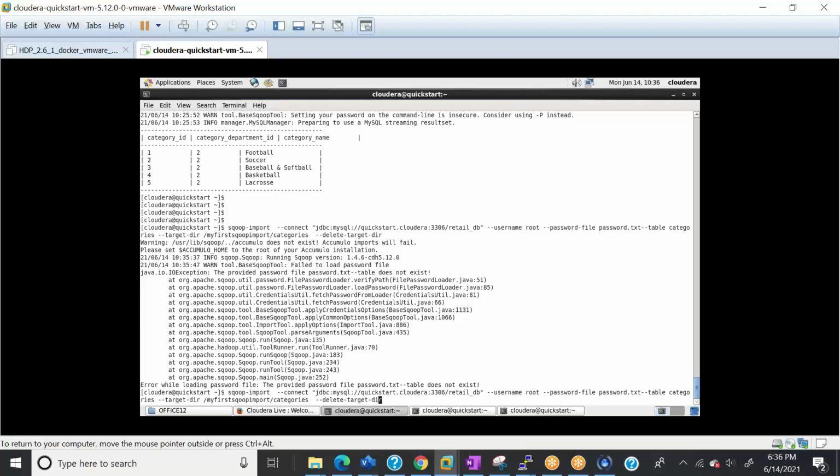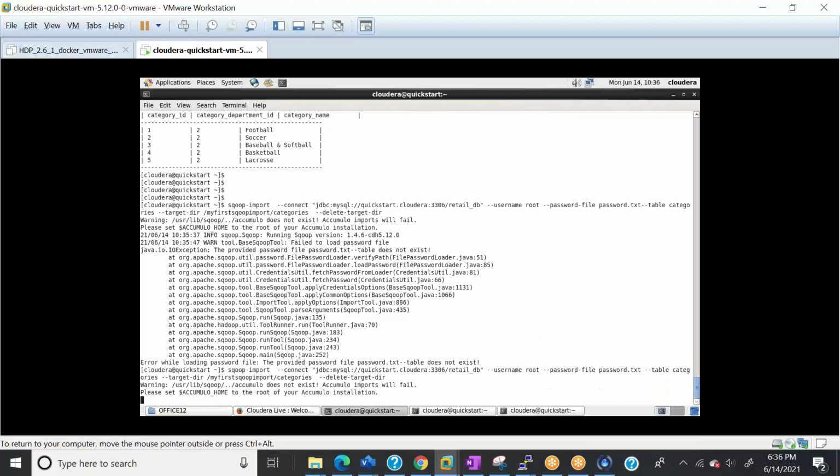Okay, table does not exist. One second. Oh wait, sorry, I missed the space here. One second, sorry. Yeah, now it's run fine.